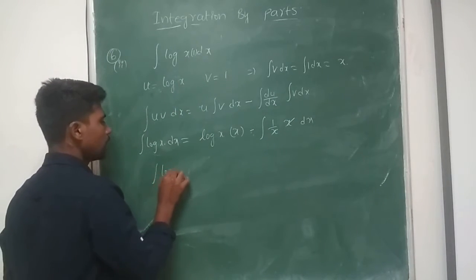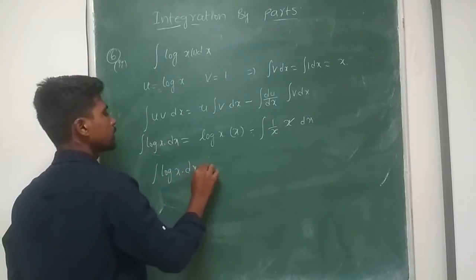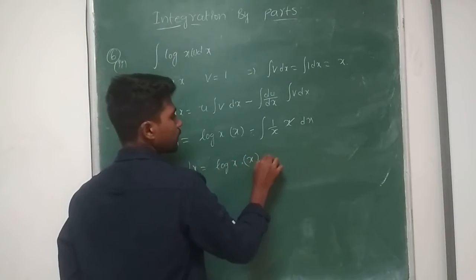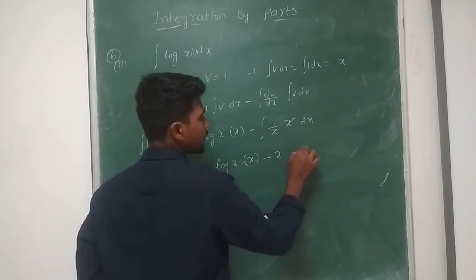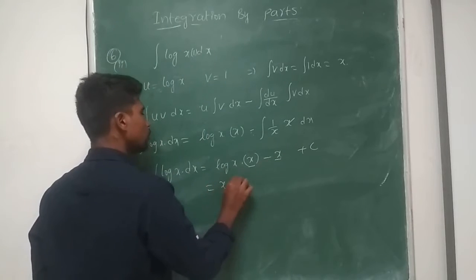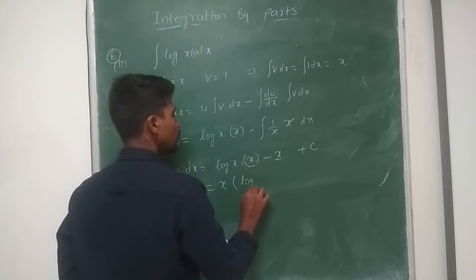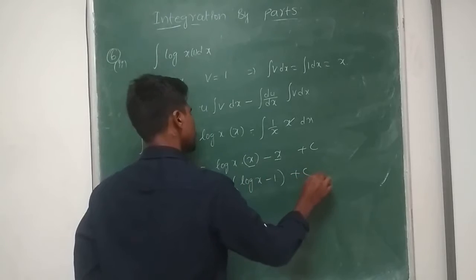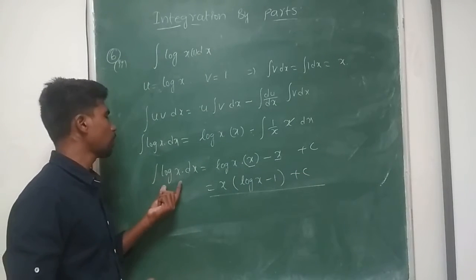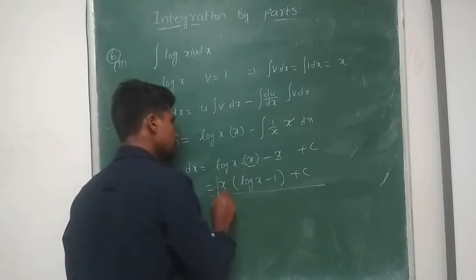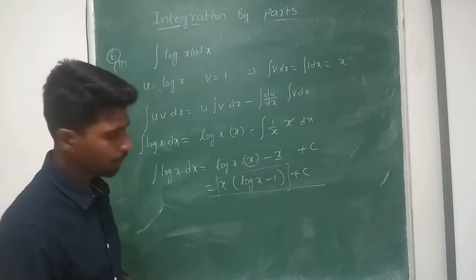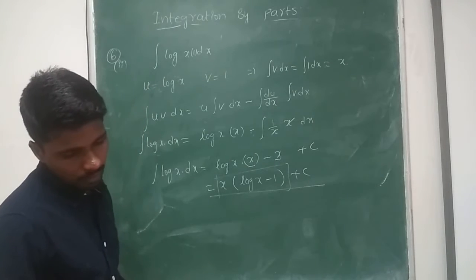So integral log x dx is equal to log x into x minus integral 1 dx, which is x, plus constant c. So I can take x common: x into (log x minus 1) plus c. Remember this acts as a formula. Wherever you get integral log x dx, we can replace it with x into (log x minus 1) plus a constant c. Okay. After this,